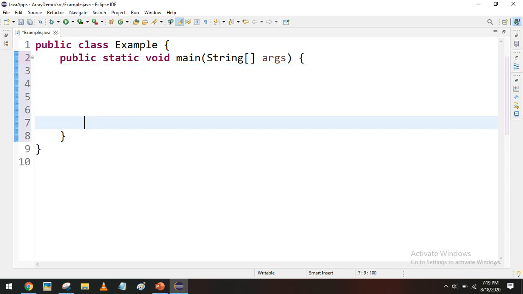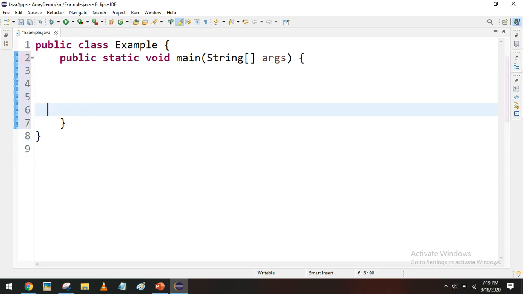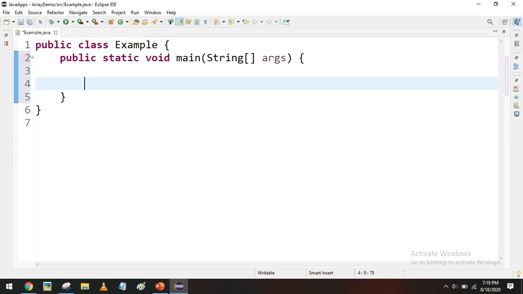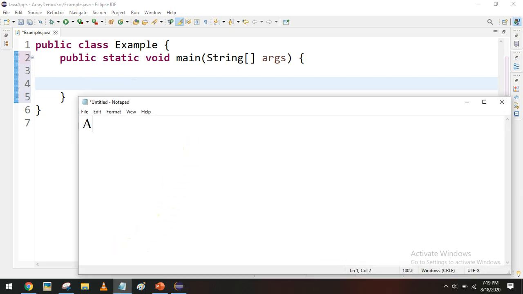Inside, now let's see how we can create an array. To create an array, we have to use a data type. Array in Java supports only similar type of data, so based on the data type, we can create an integer array, or a float array, or a double array if you want to store floating point numbers.